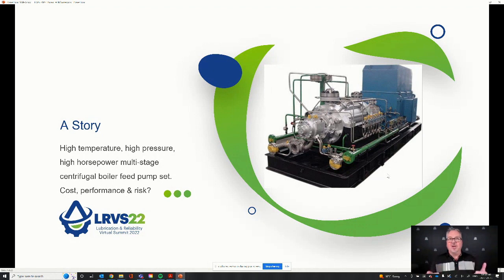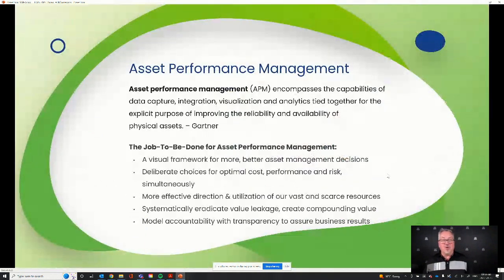And the key takeaway there was this boiler feed pump had 6 or 7 different experiences. Every group was trying to do what they thought was best for that asset, but it wasn't done in a coordinated fashion. And as a result, we were managing this asset very suboptimally, right? And I think that's just an anecdote of sometimes despite the best intentions, we're still not hitting squarely on optimal management of our assets.